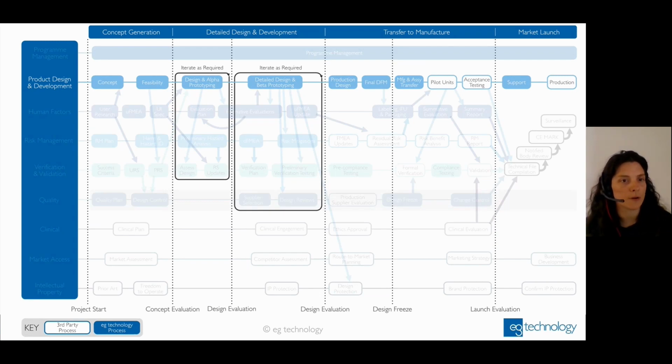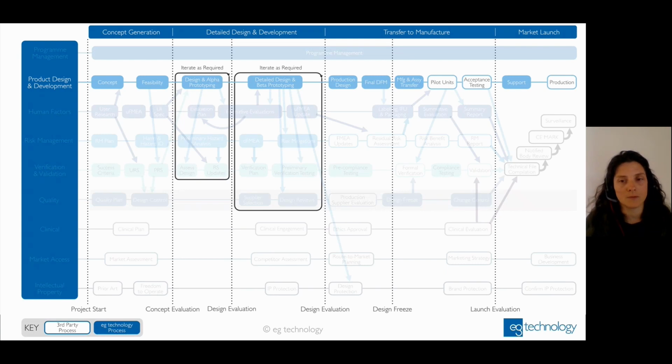The first one here is product design and development, and this is probably the typical process that people think of. It starts with generating your concepts, then testing those concepts out a bit as feasibility work to mitigate what you consider to be the key challenges of that product, before then going into the full detailed design and prototyping stages. And these will be iterative stages that you can iterate as many times as you need. We have alpha and beta here, but it may be more than that. Increasing in fidelity of your prototypes